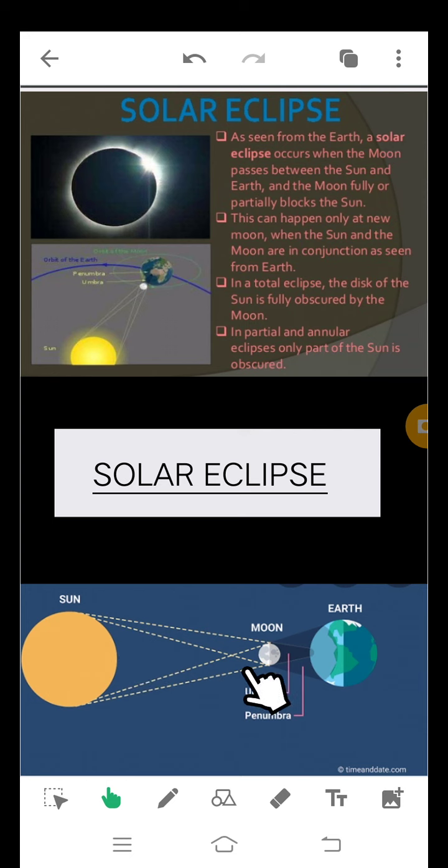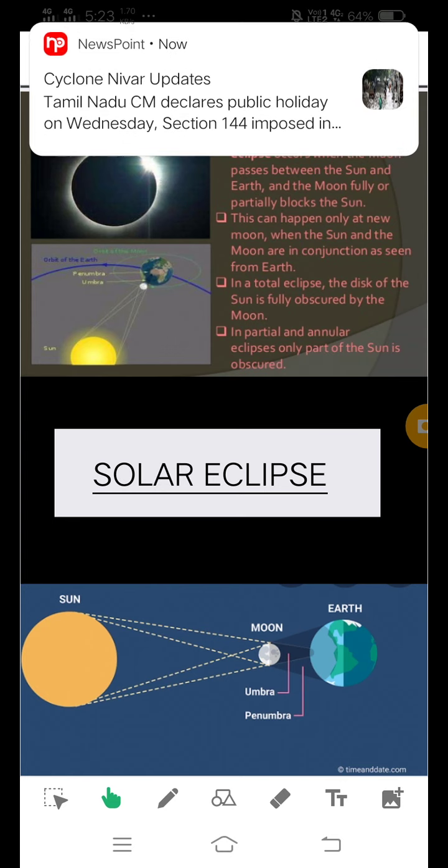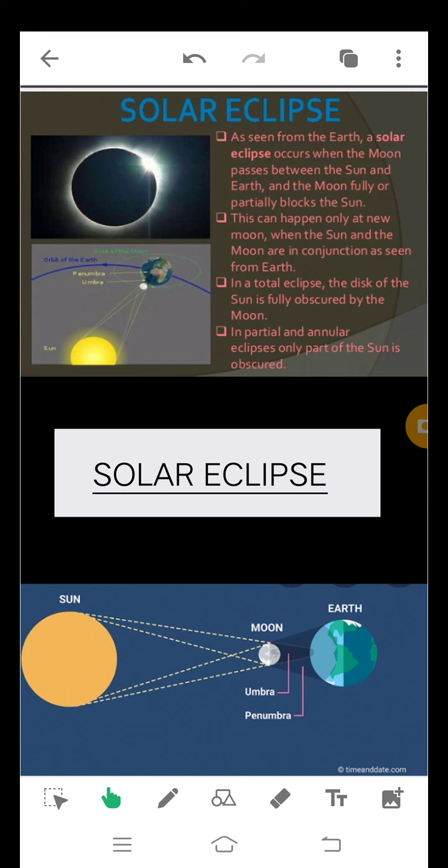And what happens here? As seen from the Earth, a solar eclipse occurs when the Moon passes between the Sun and the Earth and the Moon fully or partially blocks the Sun. So the Moon is blocking the sunlight, not allowing the sunlight to reach a certain part of the Earth. This can happen only at new moon, when the Sun and the Moon are in conjunction as seen from the Earth. In a total eclipse, the disk of the Sun is fully obscured by the Moon, whereas in partial and annular eclipses, only part of the Sun is obscured. So this is how